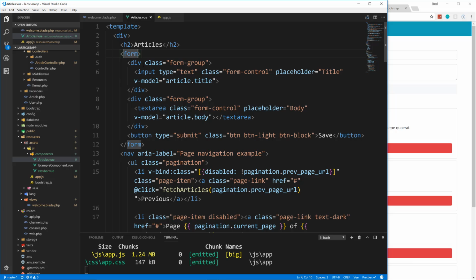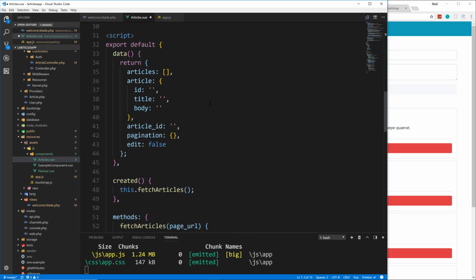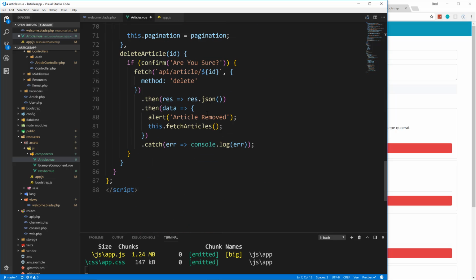Let's move this stuff down a little bit. So for our form, let's give it a class of mb-3, and then we also need to add a submit event to this. So we'll say submit.prevent, because we want to prevent it from actually submitting to a file or anything. So submit.prevent, and then we're going to call addArticle. Down here in our methods, let's go below deleteArticle,